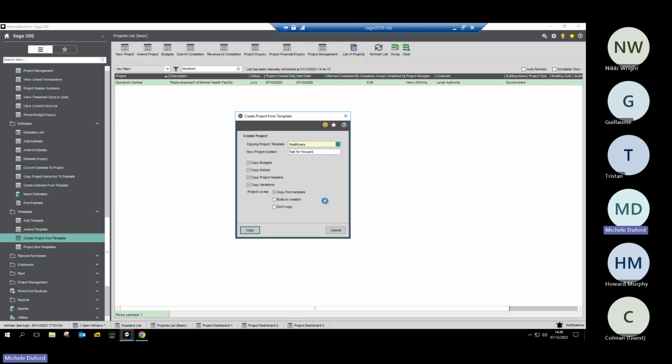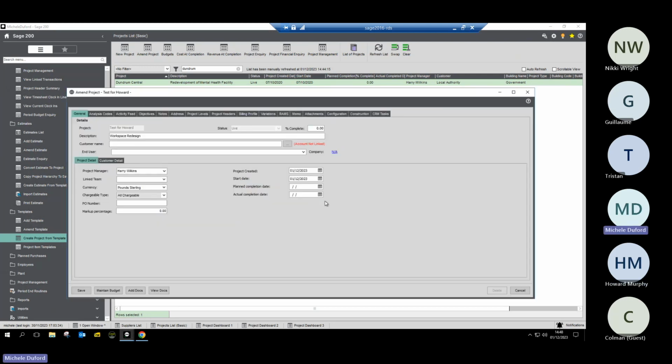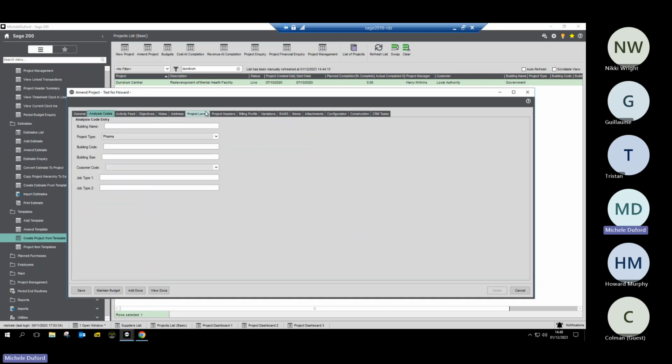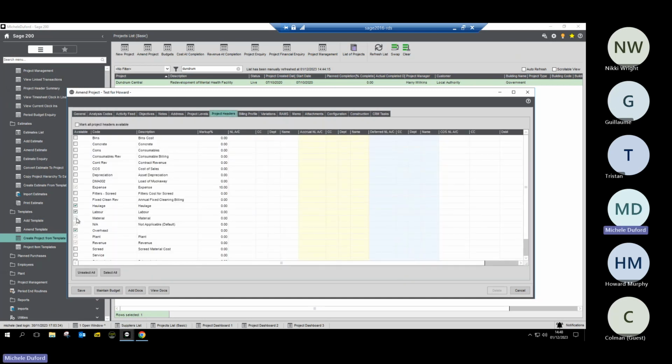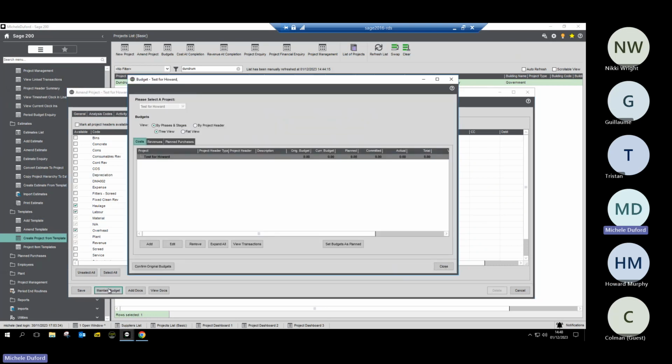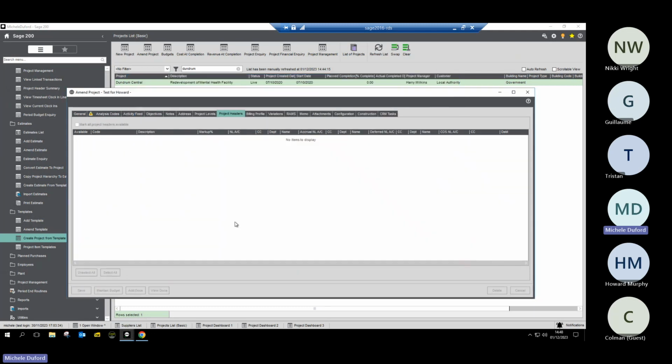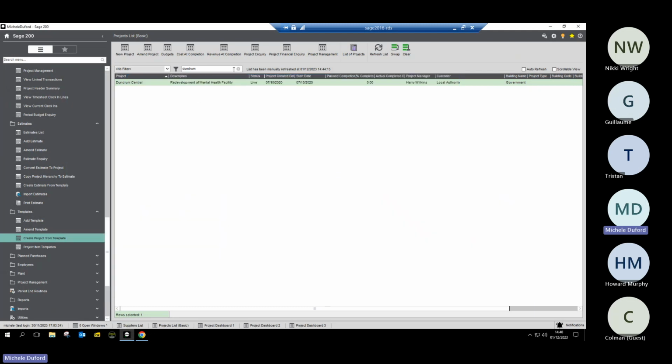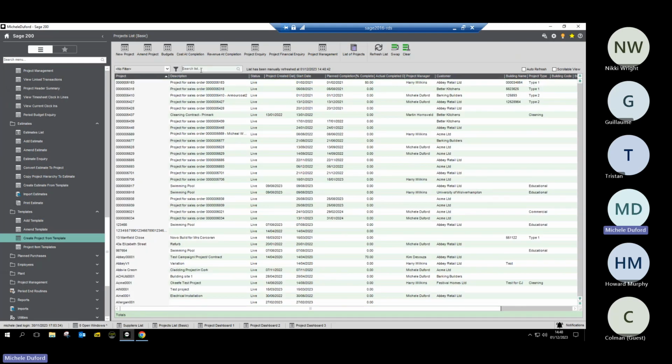my blank canvas. I don't have any transactions in here right now, but I do have the project headers from my template, and I do have all of that information. If I have maintained any budgets, if there is budget information in there, then the budgets will be brought forward. If I haven't, they're not. I can design them. We're simply going to save ours away, and we're just going to look in our